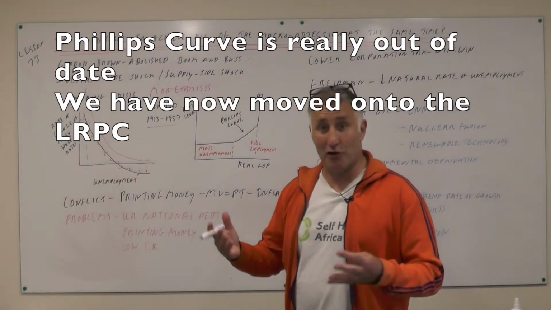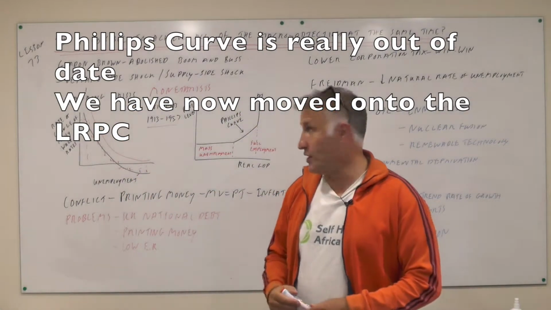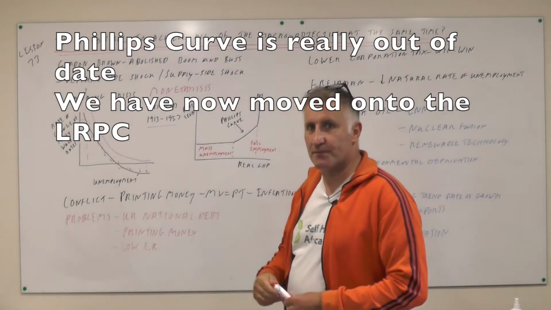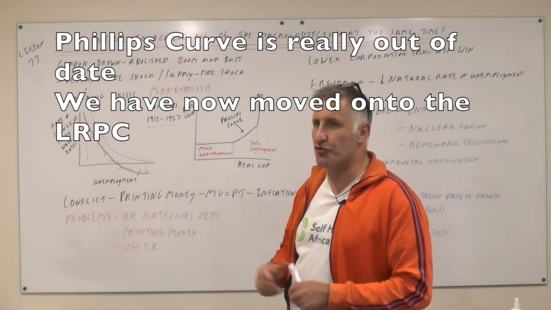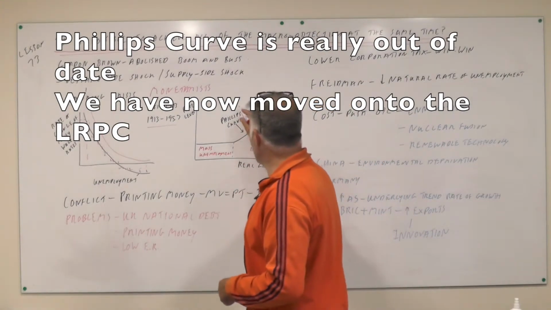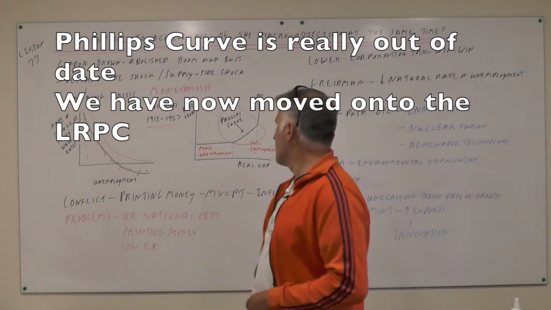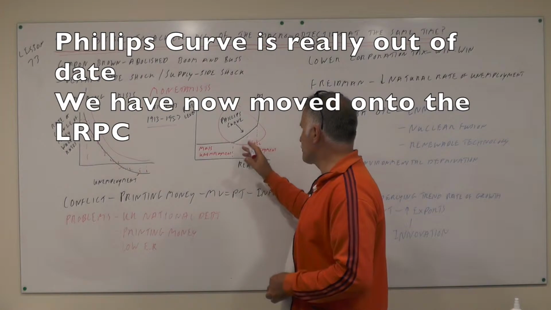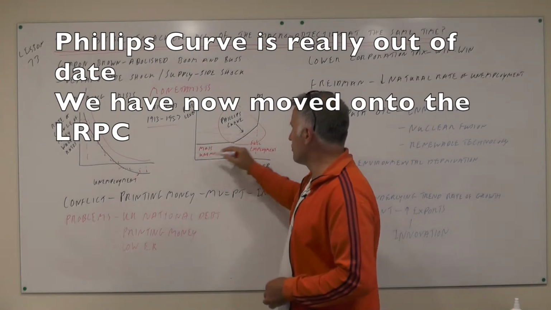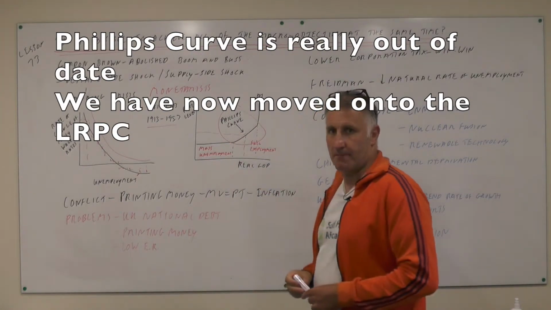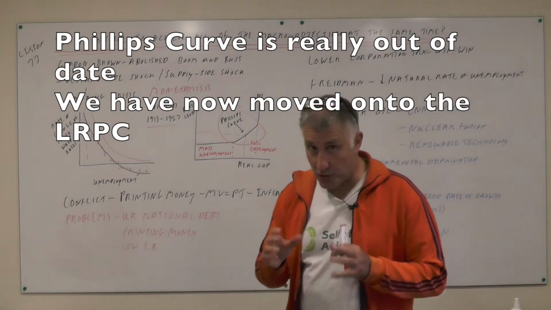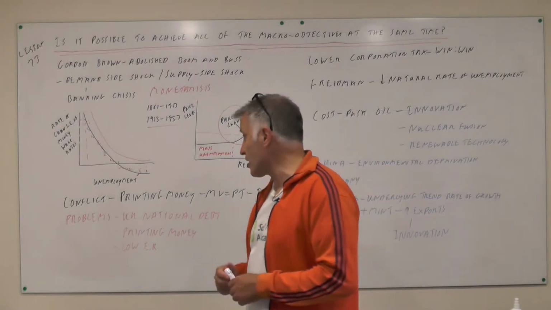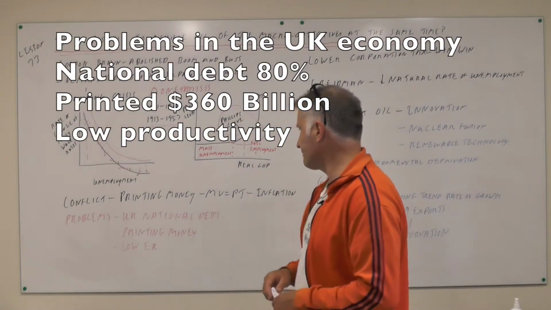Okay, but we now live in the year 2014. We do not live in the year 1940 or the 1930s. There is an element of truth in the Phillips curve, because when we draw the Keynesian AS curve, there is a trade-off between the two. As we move up towards full employment, it's likely that we're going to get higher inflation. However, I think now most economists would argue that it's possible to achieve falling inflation and falling unemployment at the same time, which is what we're doing right now.